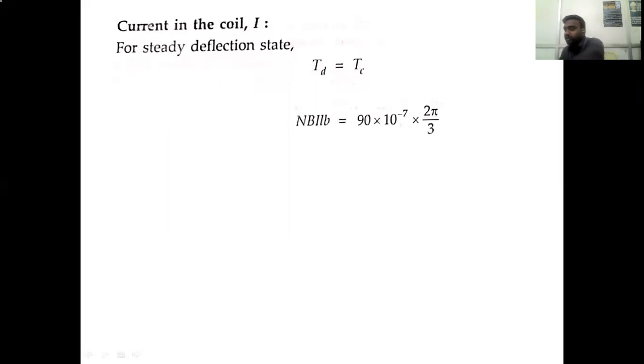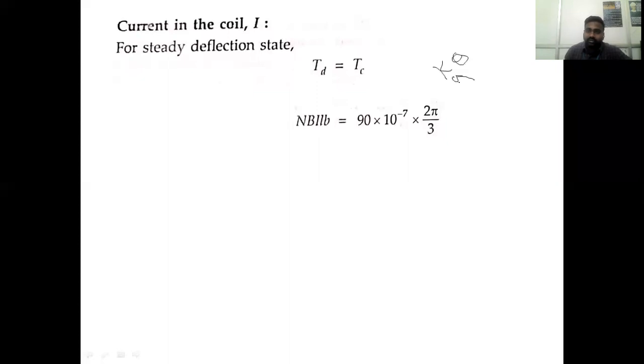You have to respond and you have to be quick. Right, formula for controlling torque. Somebody responded in the chat: formula for controlling torque is K into theta, where K is called the spring constant.